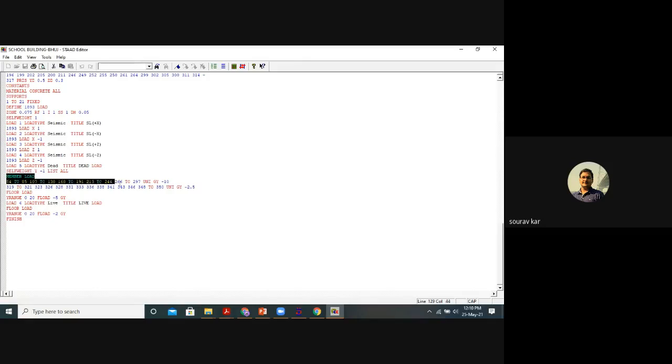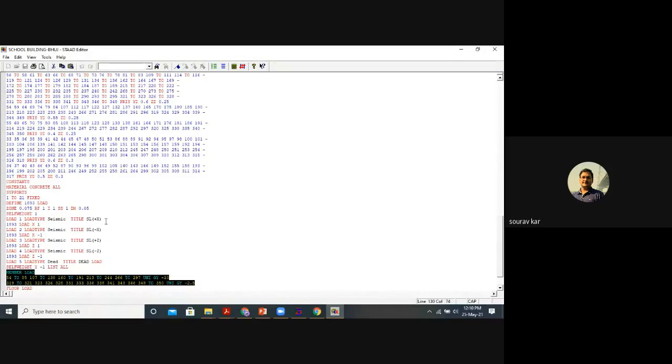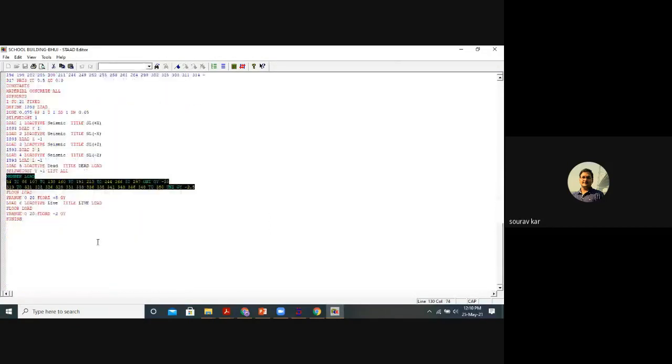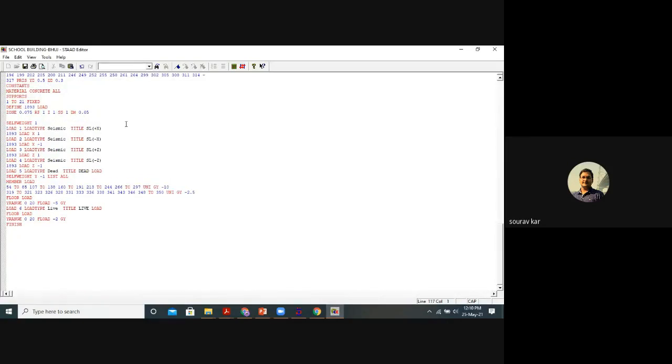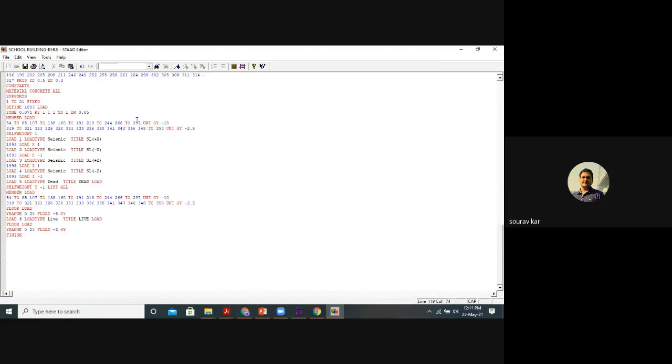We will select this member load section, copy, and we will paste it under the seismic, wherever we have started writing the seismic definition as well as the zone. Below that, we will put this member. Now we will give the name member weight. Instead of member load, we will give the name member weight, because then only it will understand.